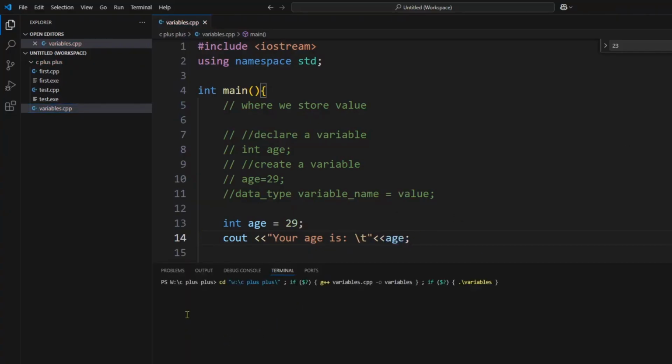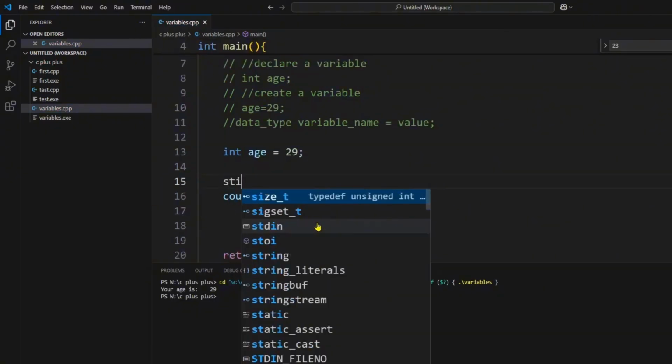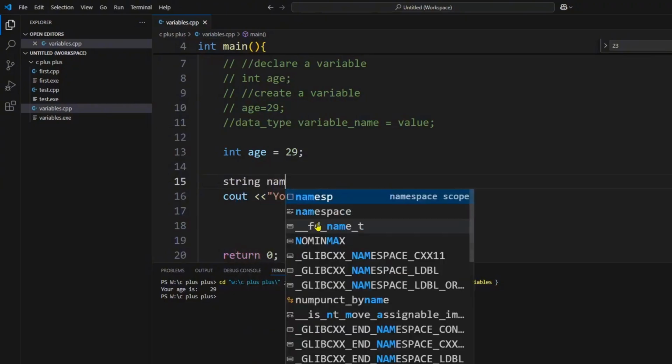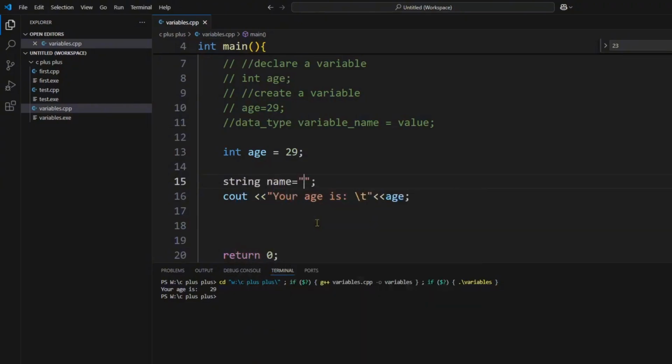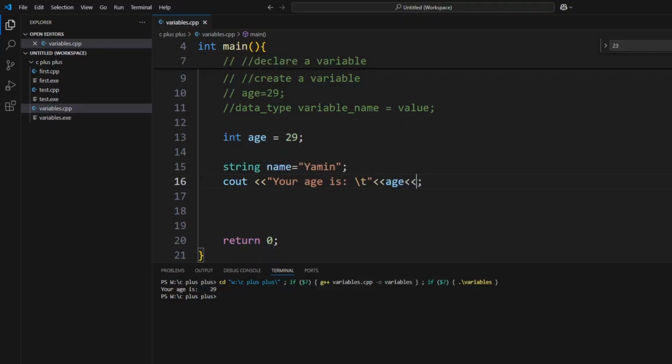And if I run the code, here you can see the age is 29. So the variable is where we actually store value. If I say here string name, let's say Yamin, okay, and if I add one more line and if I say that your name is